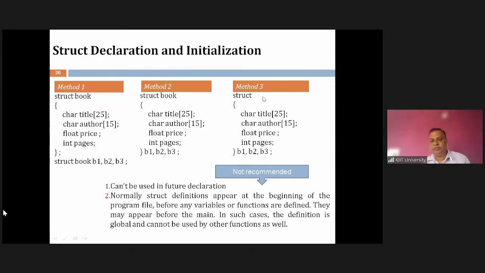I can declare afterward by writing struct book B4, B5, B6 only in the earlier case; in this case, I cannot declare any other structure variables after this. So avoid using this method 3. I use method 1. You may go for method 2 whenever you find that all these variables must be global to the program. Otherwise, you go for the first one, as I told.